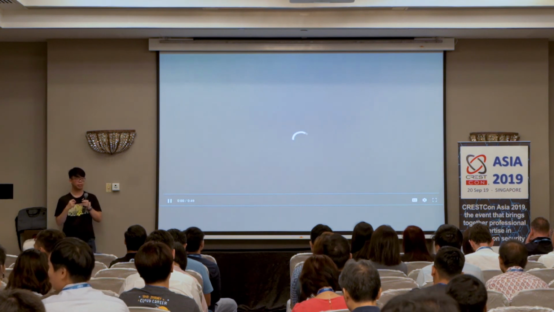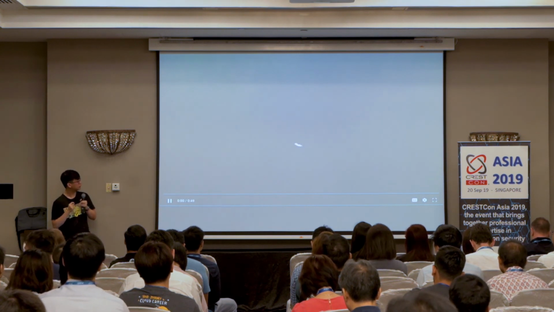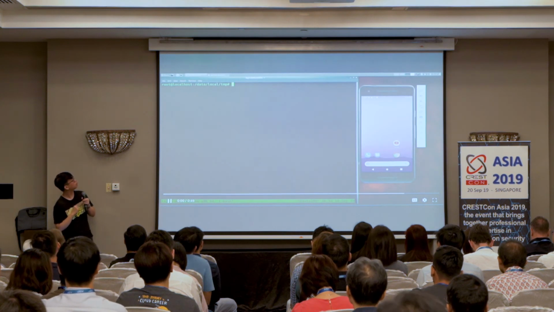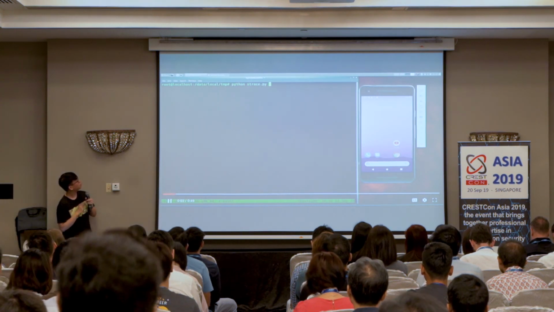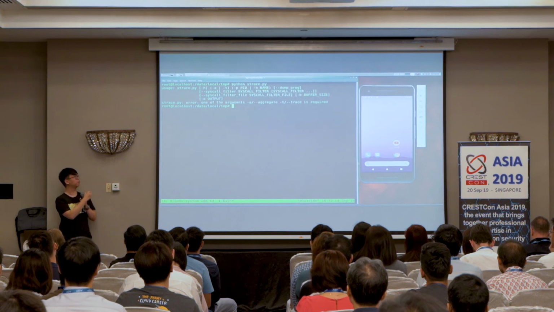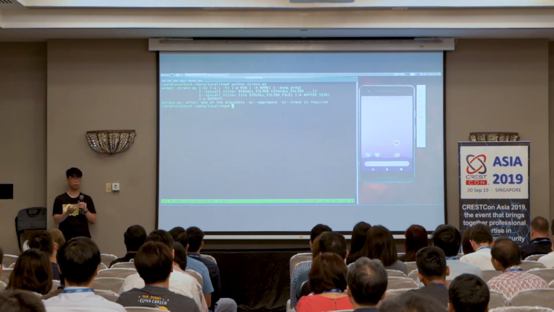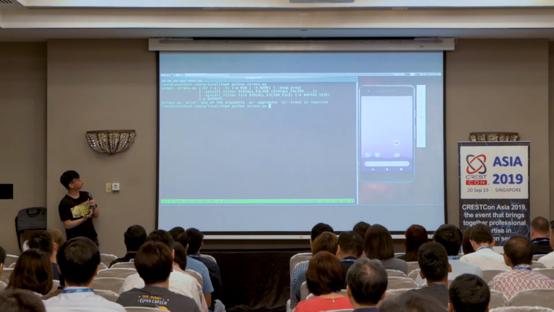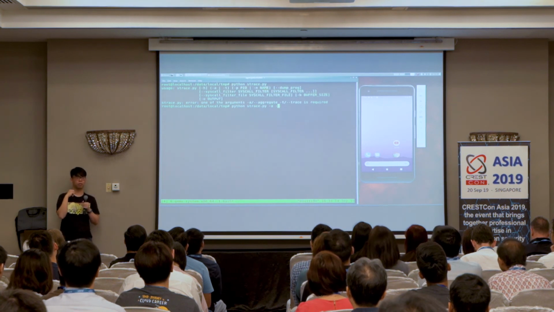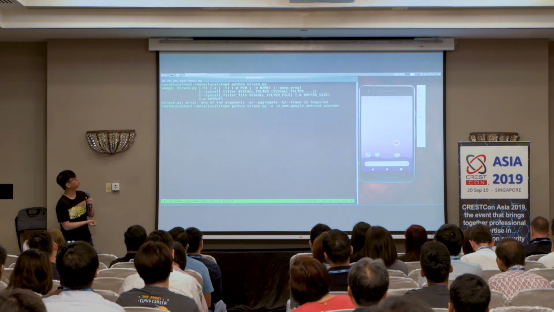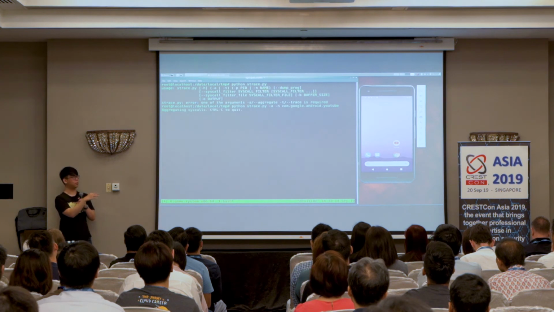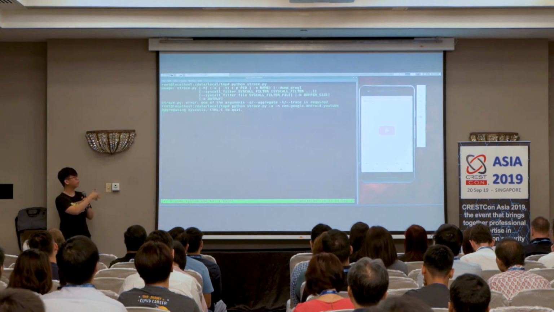So this is the code running. You can see all the options of the program I've implemented, the trace mode and aggregate mode. What we want to do is start tracing all the syscalls being made by the YouTube program. So I'll just specify the name of the APK file. I'll start aggregating the syscalls.